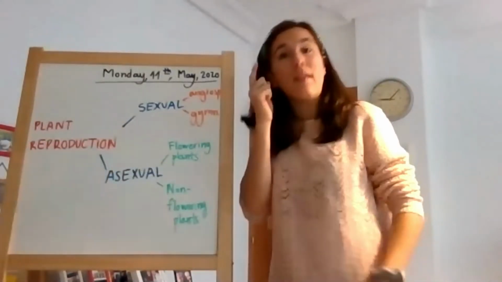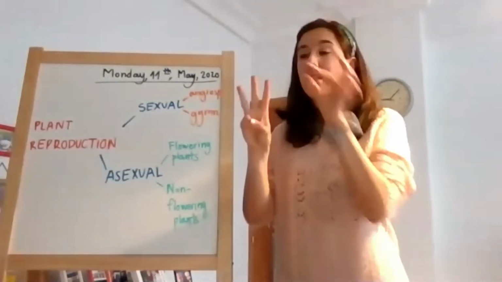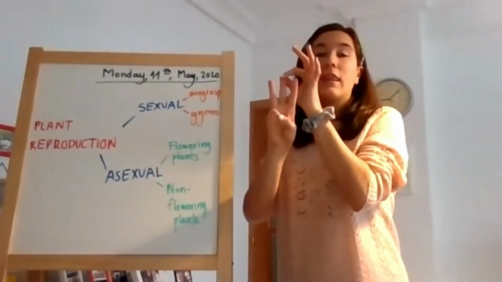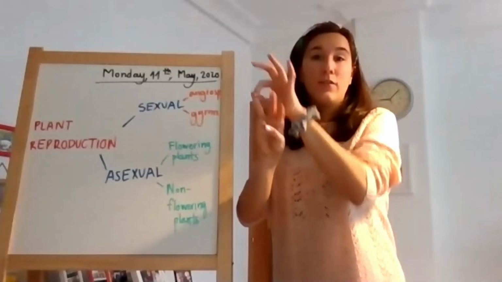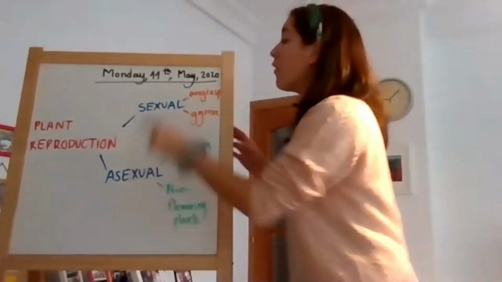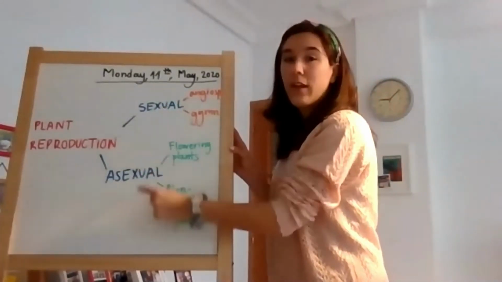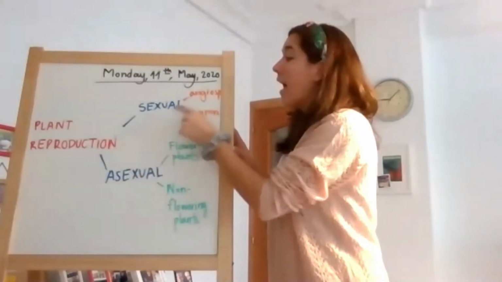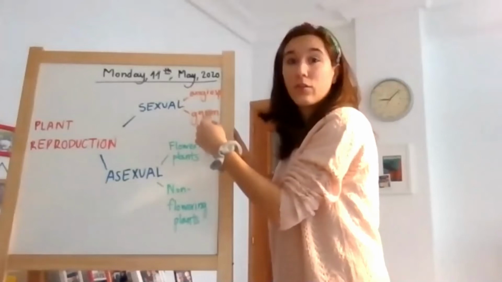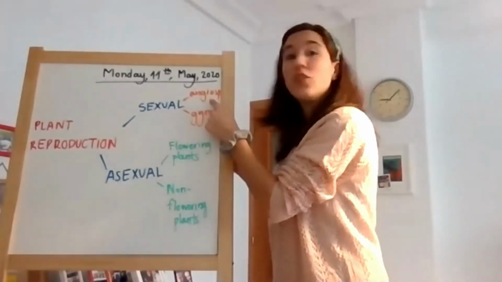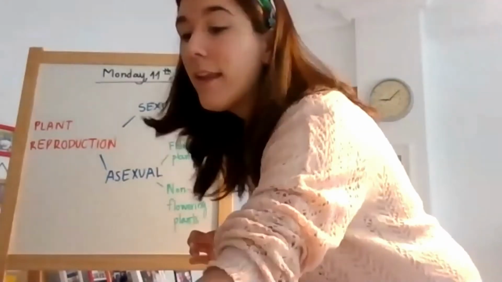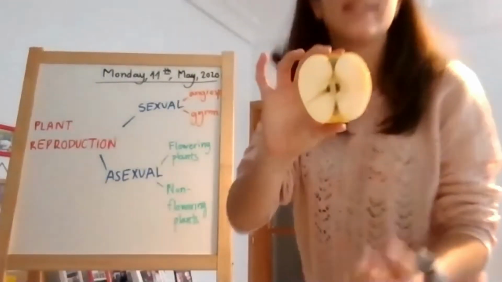We remember that plants do three main things: nutrition, that is the photosynthesis, respiration, and reproduction. And there are two types of plant reproduction: sexual and asexual. We have studied the sexual reproduction already. We have the angiosperms and the gymnosperms. Remember that the angiosperms develop seeds